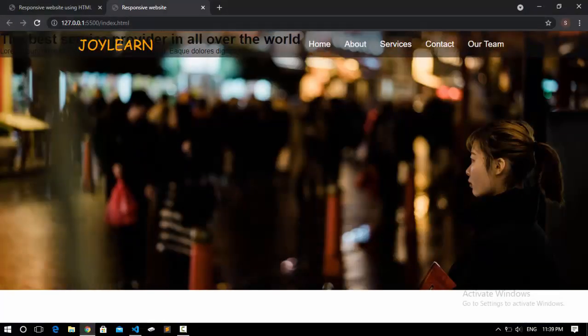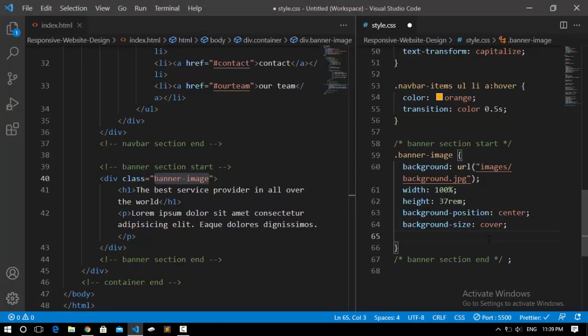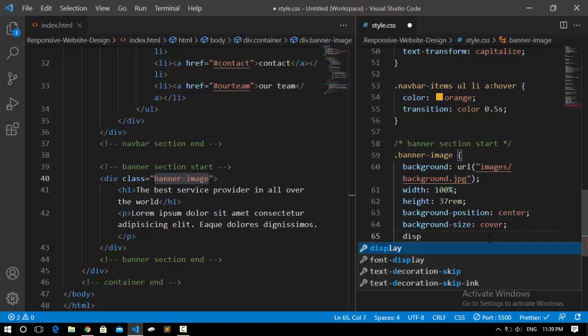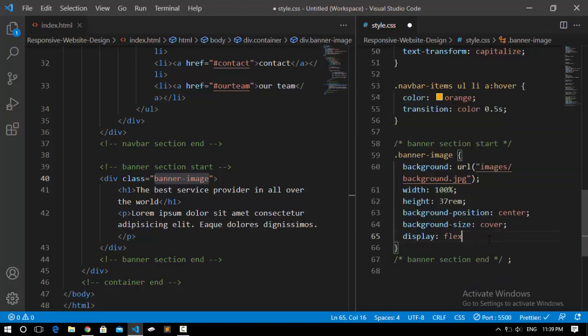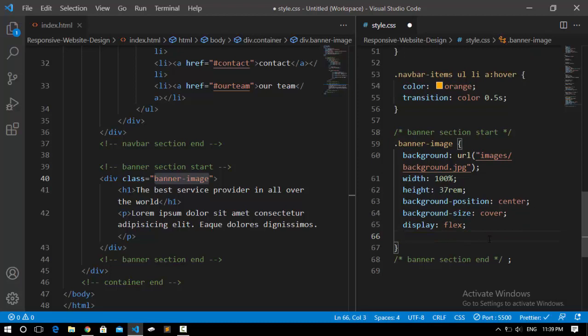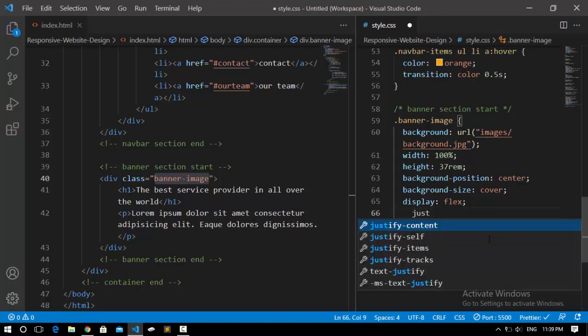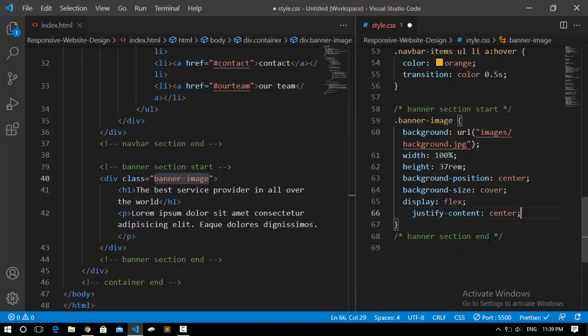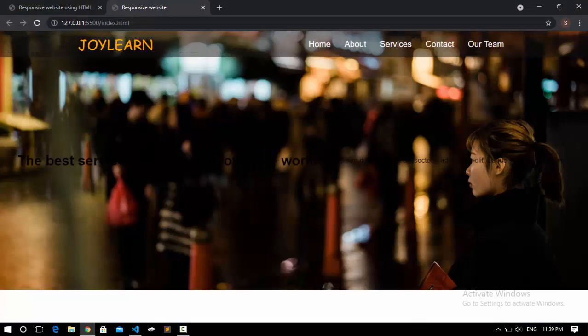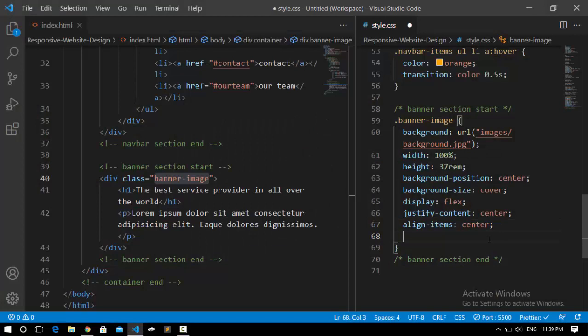But here we have this problem that these are under the navbar. So I'm going to use flexbox to bring them to the center. I just set display to flex, and justify content to center, and also align items to center. And you see that it is at the center now, and I'm going to set the flex direction to column. So I just say flex direction to column,